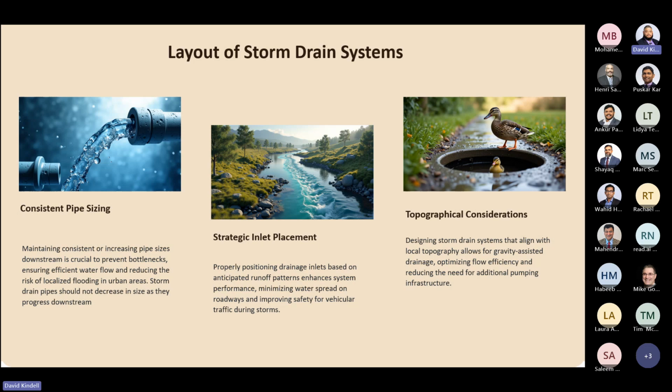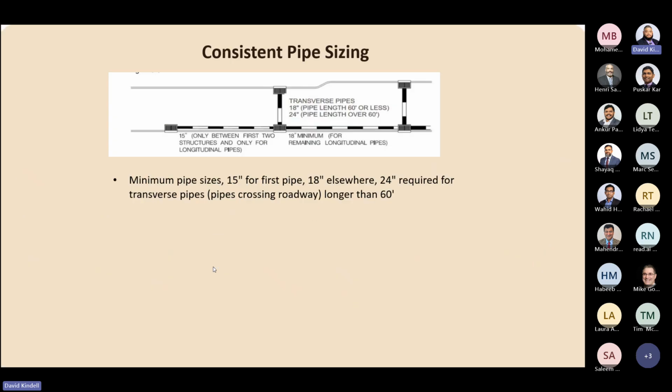Because if you don't, you're going to have to do some pumping, which is the result of less gravity assisted drainage. And the next slide is a guideline for a consistent pipe system. Here's an example with the standard guideline from the